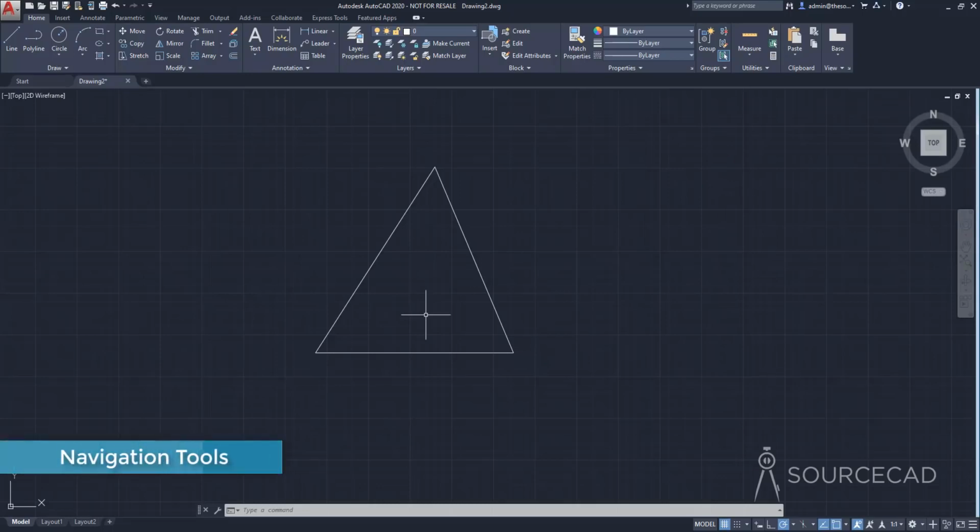So here we have the simple triangle. Now if you want to navigate in your drawing, if you want to move this triangle around, then you can do that using your middle mouse wheel. In AutoCAD it is recommended to use a 3-button mouse, the left click, right click and the middle mouse wheel. These buttons should be there, and to move this drawing all you need to do is press and hold